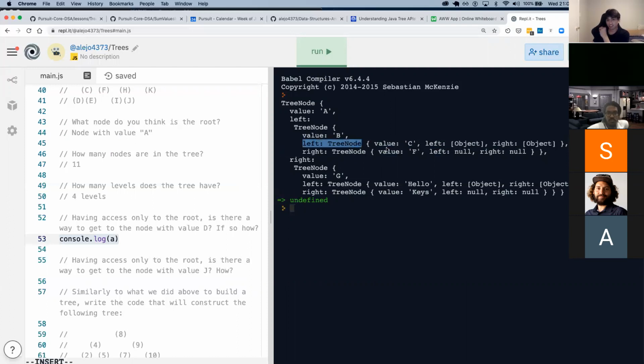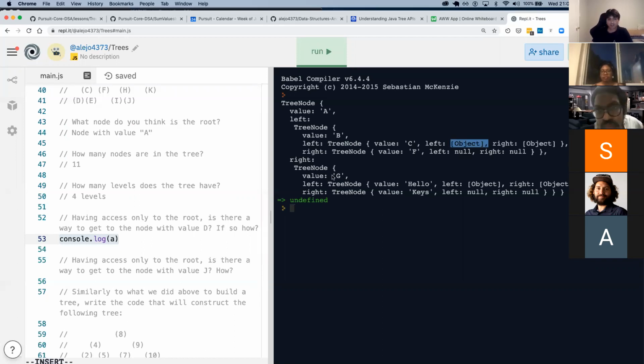and you see that the left is a tree, and it console logs each key of that object, and at some point it just gives up and it doesn't want to go any further down. Like for the left and the right of B, it doesn't want to go there. It just shows you this object.